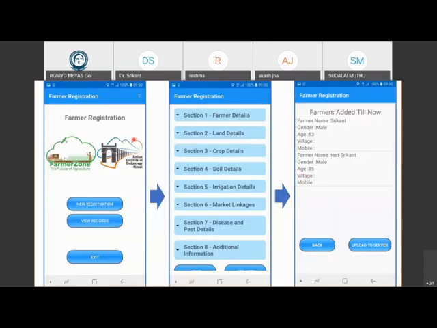So in the beginning, our clients are the farmers. So we created this farmer registration app where we had to bring in details of the farmers, their land details, crop details, soil details and things like this. And at every stage, there is a lot of challenge. You have to have the right person to execute the task.